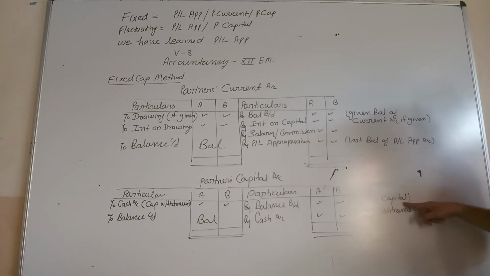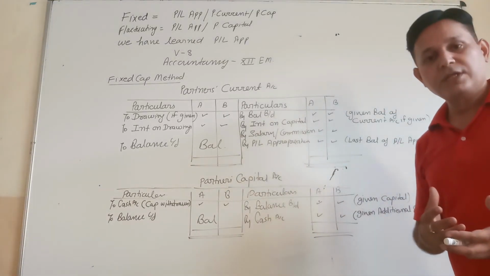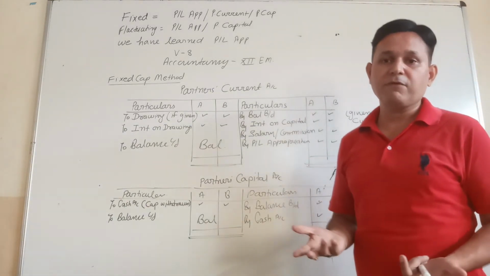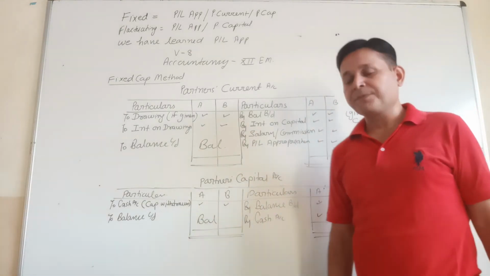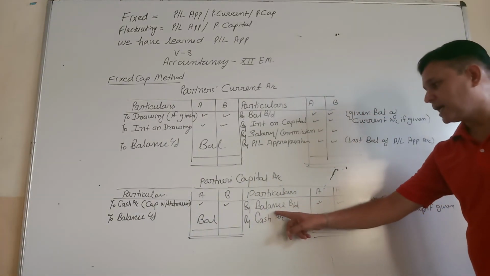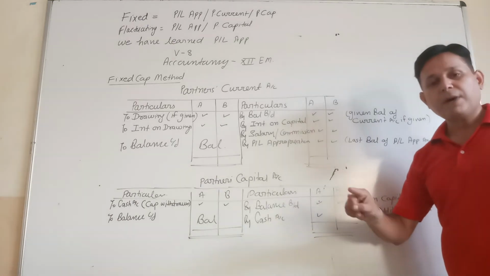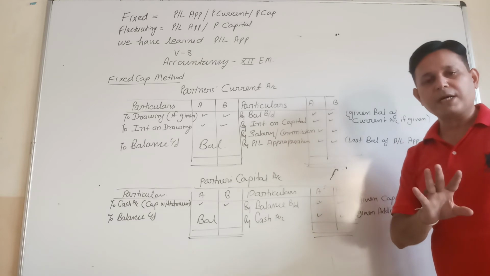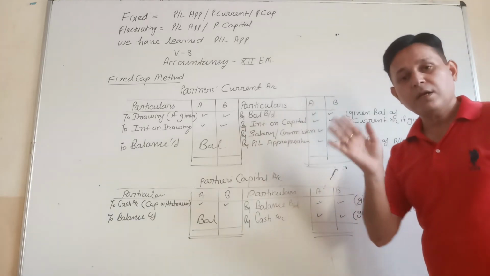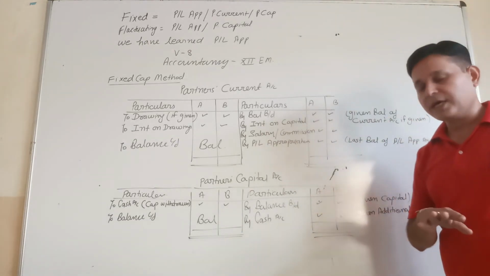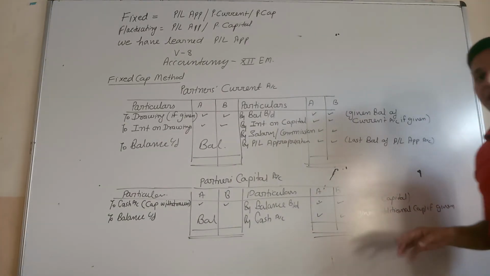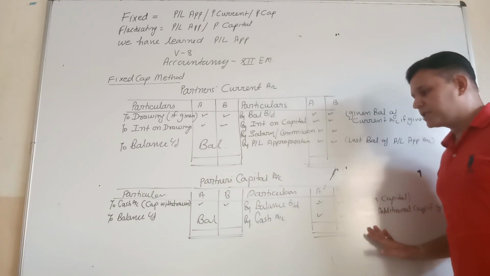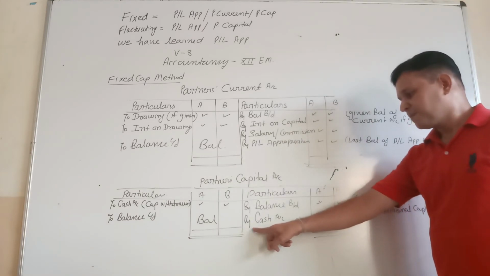See here, the given capital. When you read the question, the capital of partners will always be given in each question, because without capital no business can be formed. So the given capital will be written on the credit side of the partner's capital account. If any partner introduces capital in the middle of the year, during the year, it is called additional capital. It may or may not be given in the question. If the additional capital is given, then write it on the credit side as by cash.